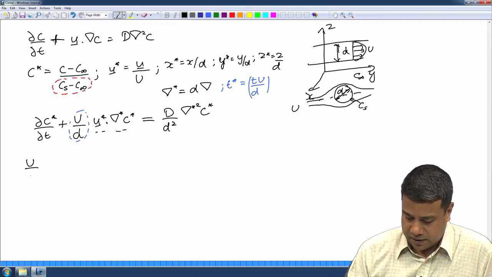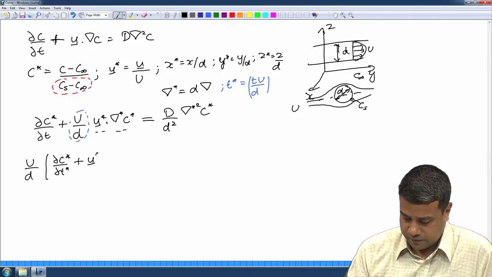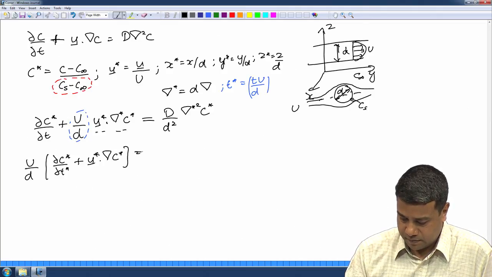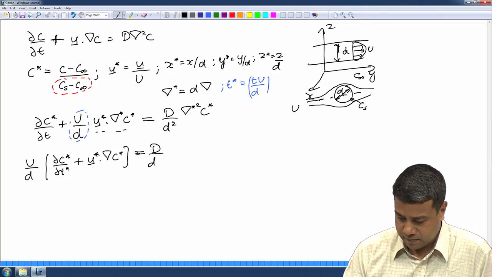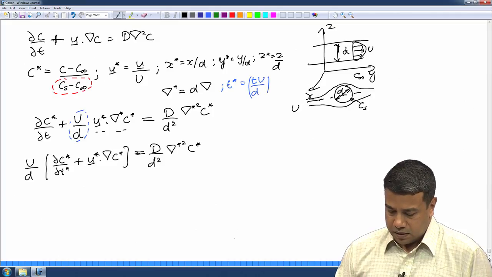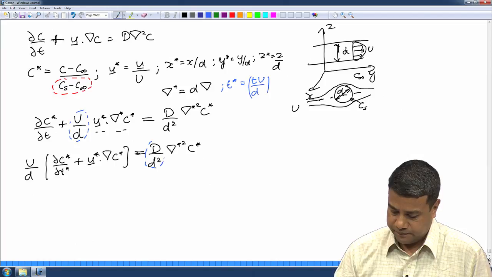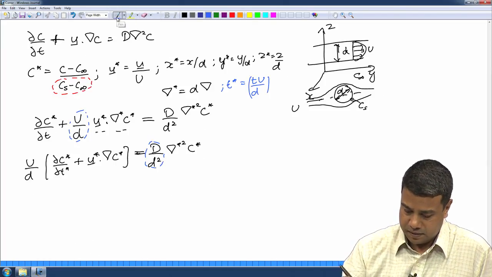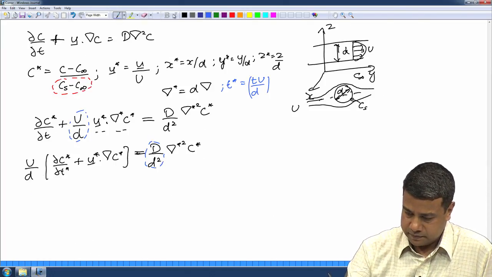Therefore, I will get u by d into partial C by partial t star. And if I divide throughout by this factor here, what I will get is